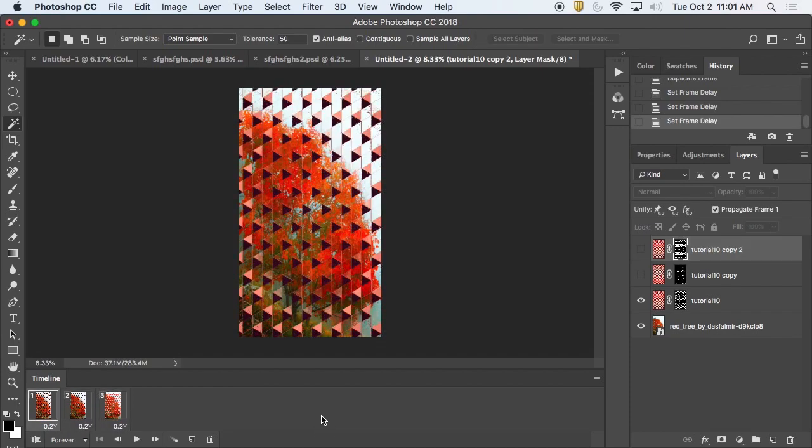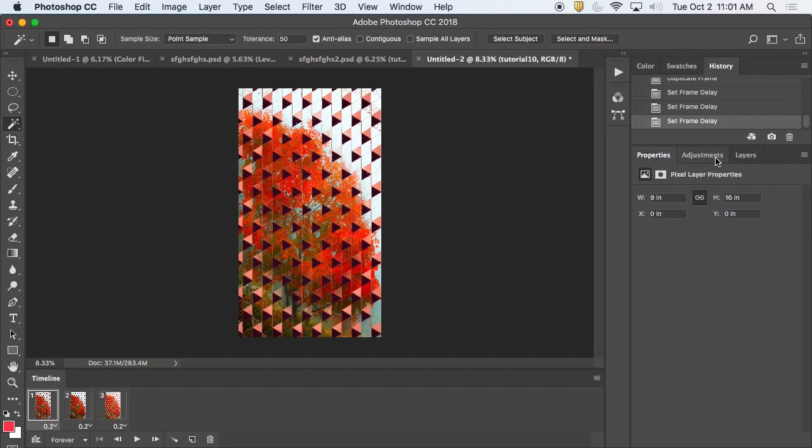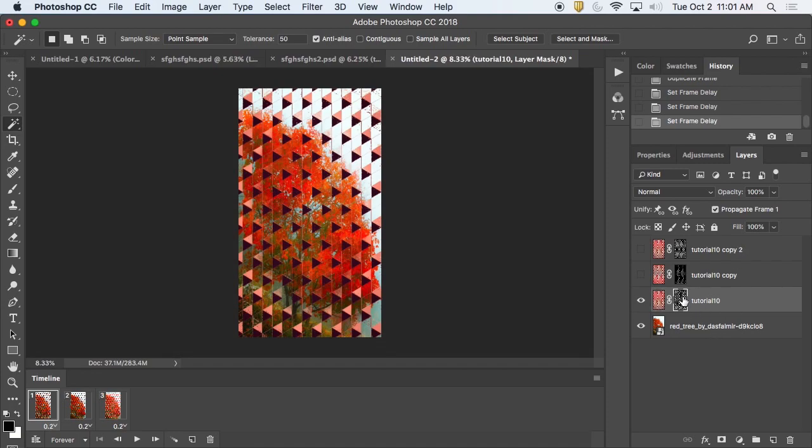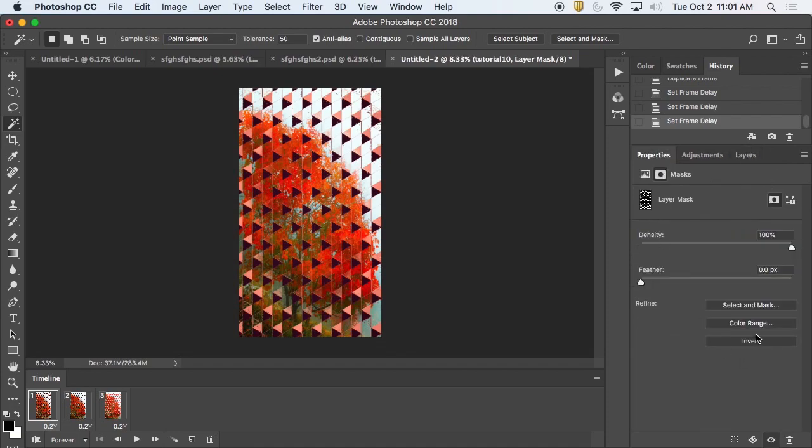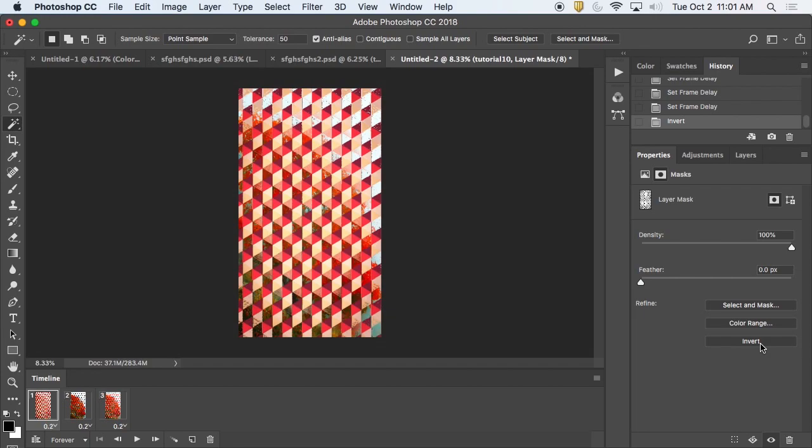Let's mix it up a little bit. Let's go in and take the properties of this. Oops. Let's invert these masks and see what happens.